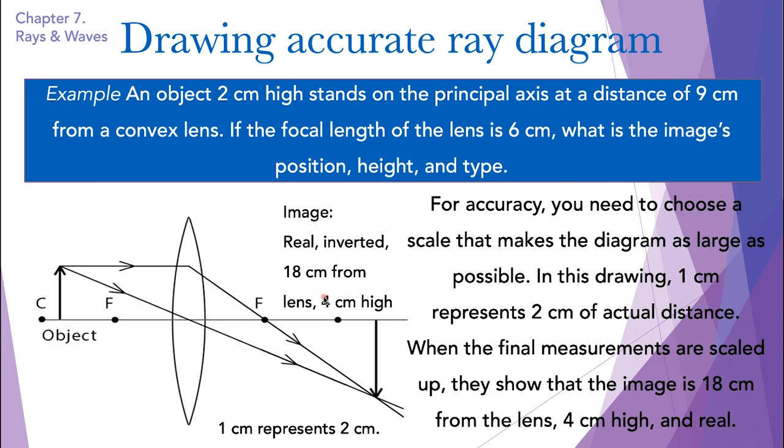So when I scaled up the final measurements, which means when I doubled them up, they show that the image is 18 centimeters from the lens and 4 centimeters high. So what I'm saying is that in this diagram, I have halved the values. But you need to choose a scale that makes the diagram as large as possible so that your ray diagram is accurate. So this is how we draw accurate ray diagrams. I hope you have understood this. It's pretty simple, right? We use the standard rays. The standard rays help to make these diagrams simple and easy. Okay, now